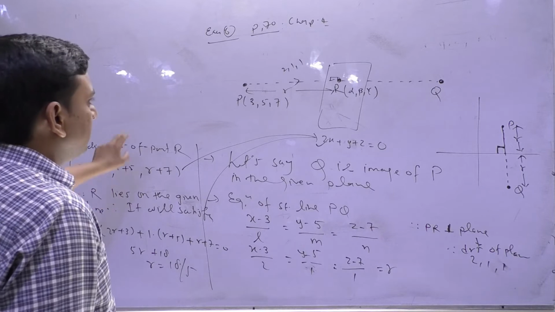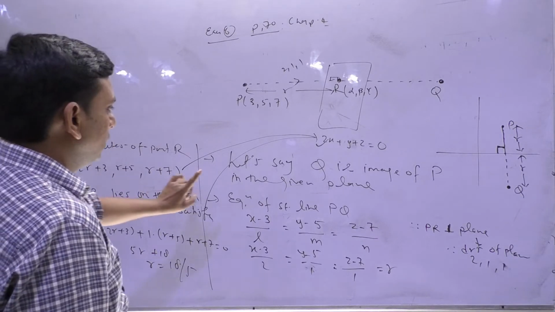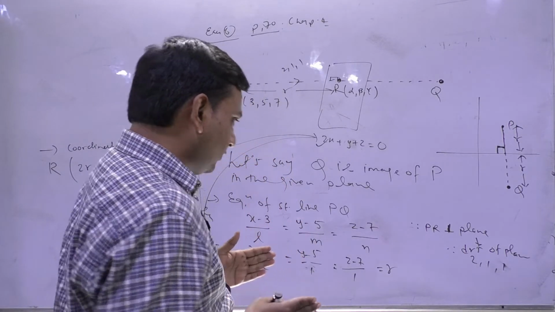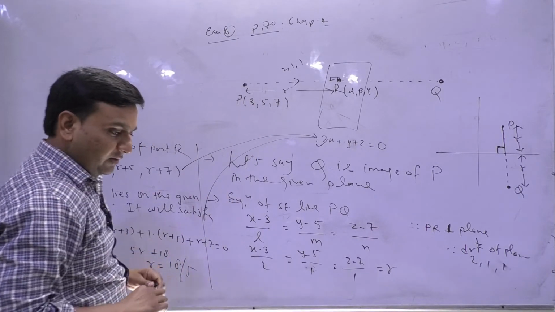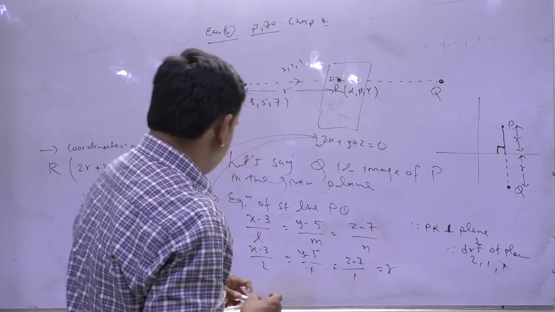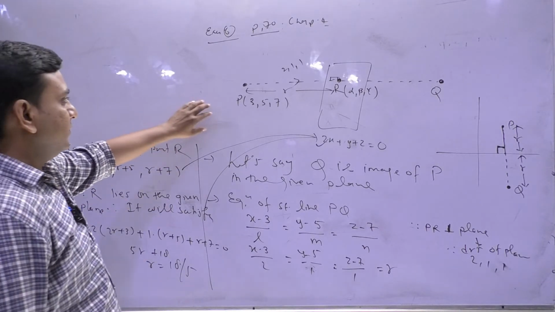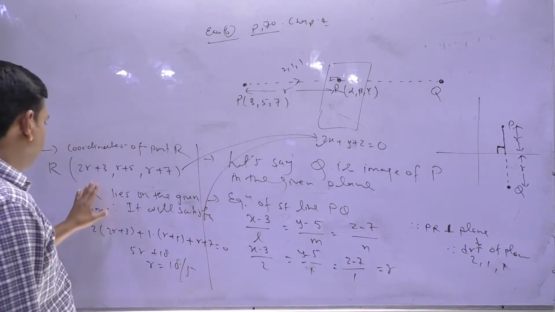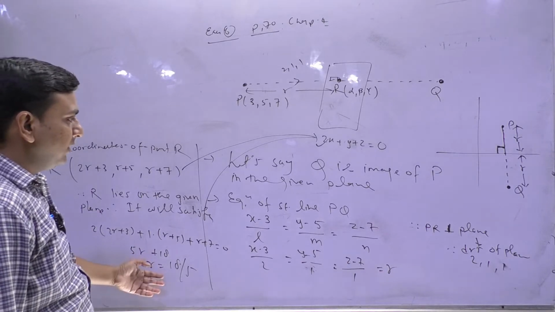3 plus r कहाँ से आ रहा है? हाँ, 3 plus 2r. 2 is the DCs. I am just checking the points of R. So 3 plus 2r, plus 5. Okay. Here I think we have done okay. This is the point from here. I have used that R will satisfy this equation. R का value मिल गया.